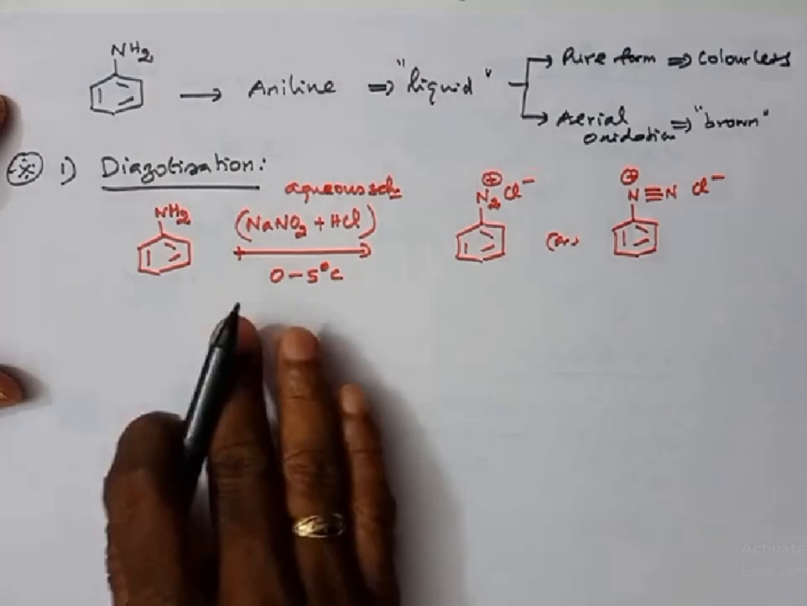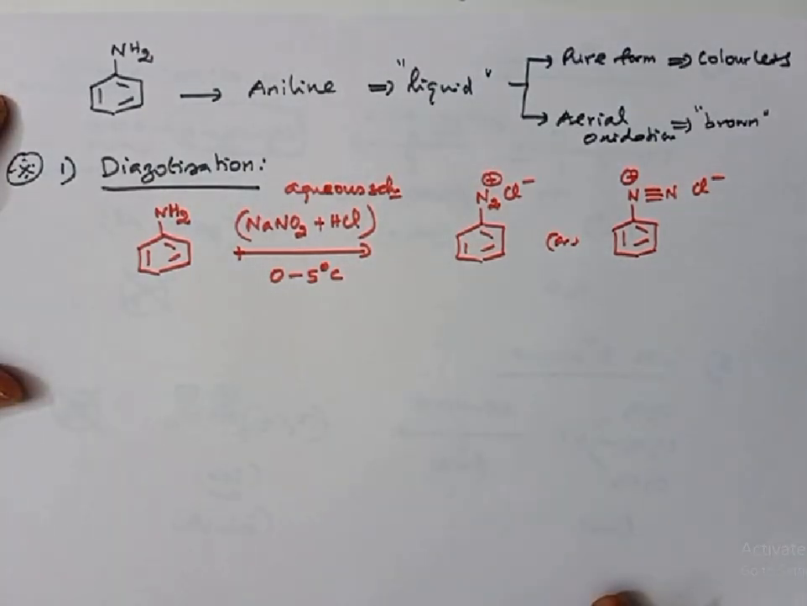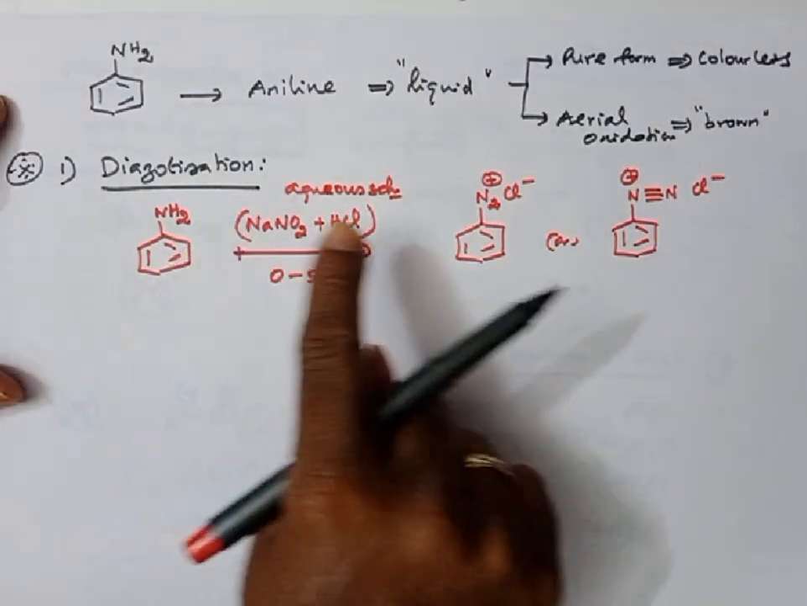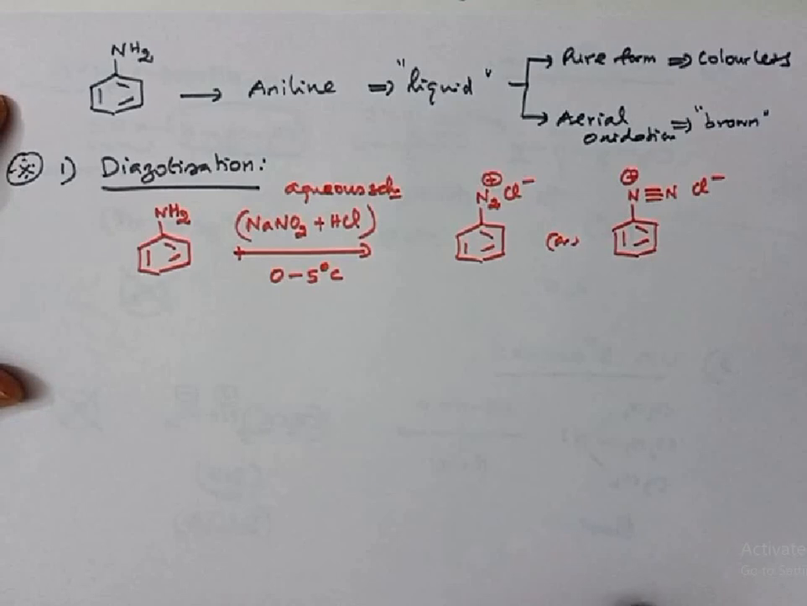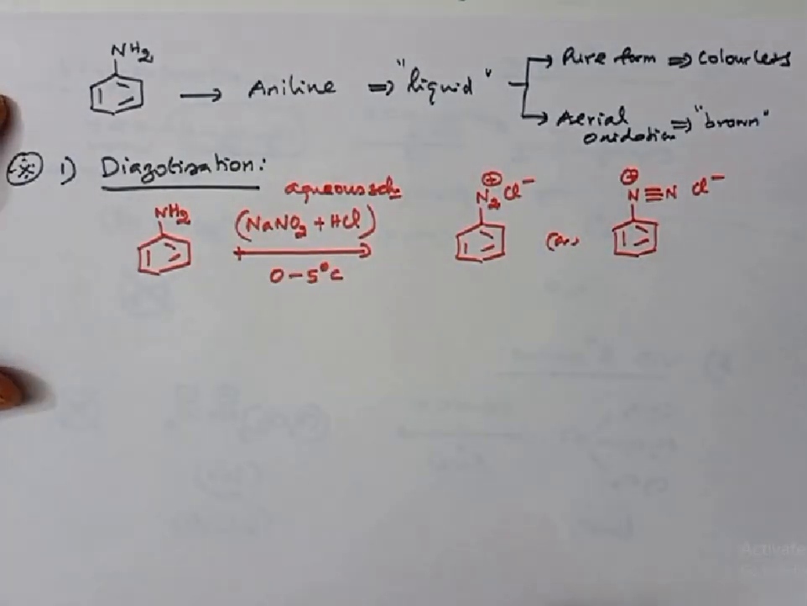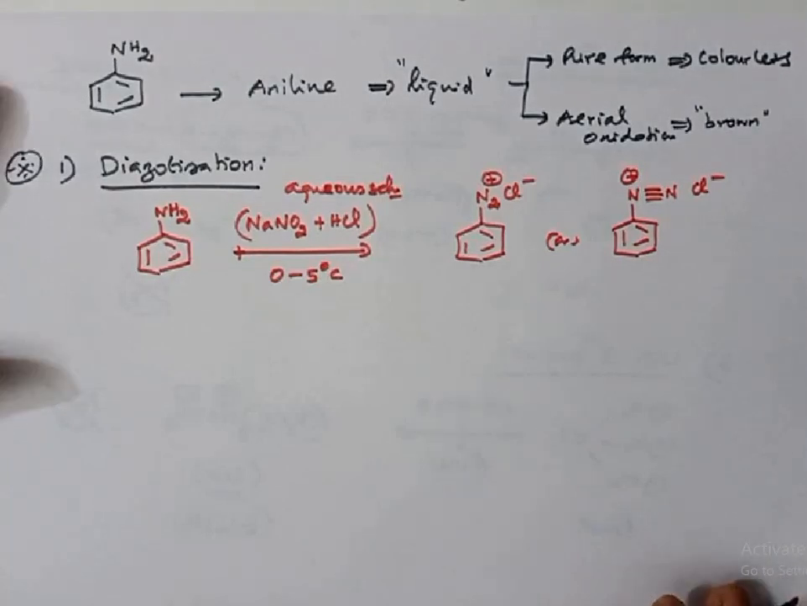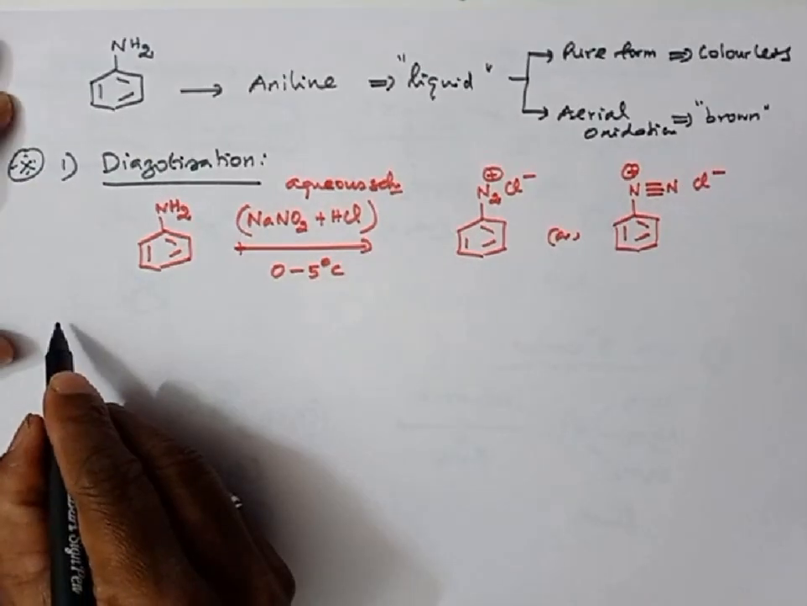Okay, this reaction is called diazotization reaction. Conversion of aniline into benzene diazonium chloride is what we call as diazotization. Diazotization takes place at a very low temperature, it is between 0 to 5 degrees Celsius. Okay, now second reaction, this is what we call as diazotization. Number 2,